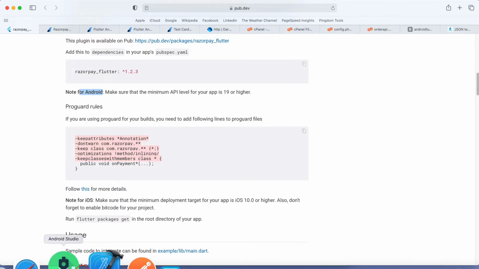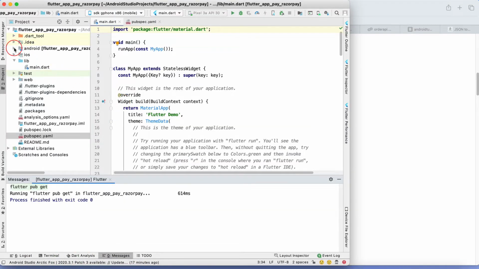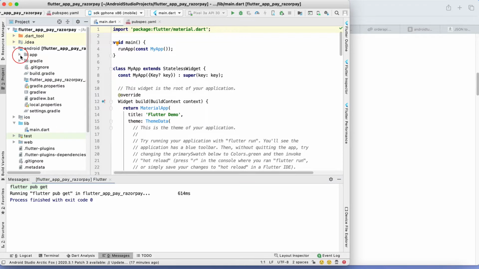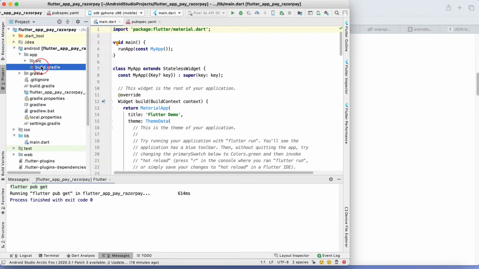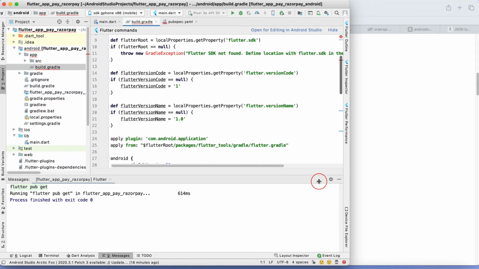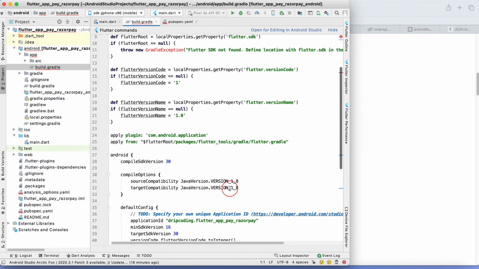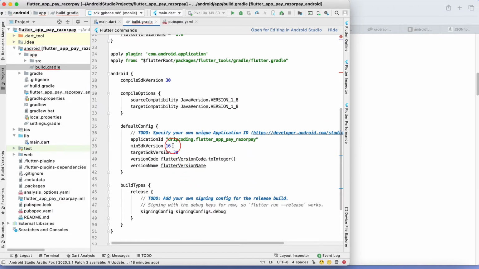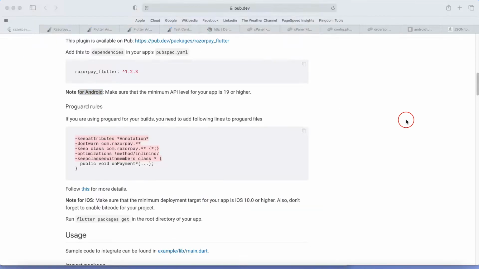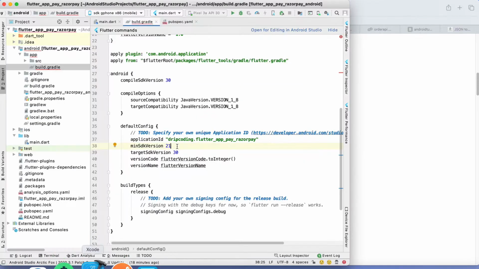Go to the android folder, app, build.gradle, and there change the minimum SDK version to 21. The minimum is 19 actually, but I am using 21.